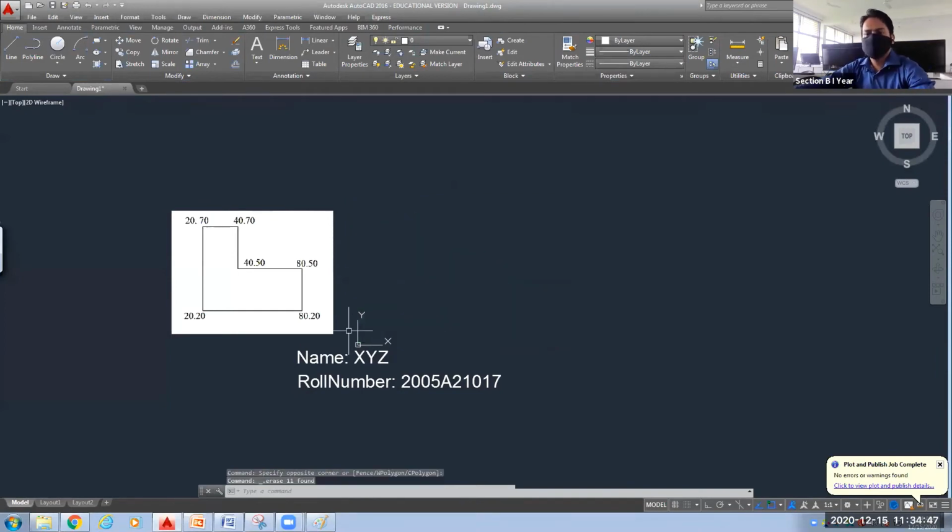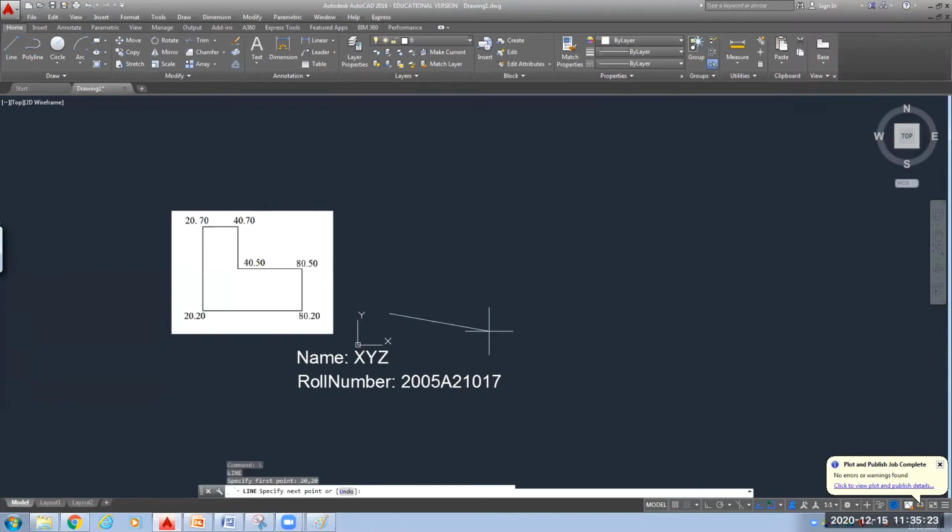The only thing that will change is the command that I'm using to draw it. Okay, so what command were we using? I have to draw this using the line command only. So I will take L for line. Okay, what is our starting point? Our starting point is 20, 20. So I will start with the starting point. Now, as I have told you, in the relative coordinate system, we will give the coordinate of the next point relative to your previous point.